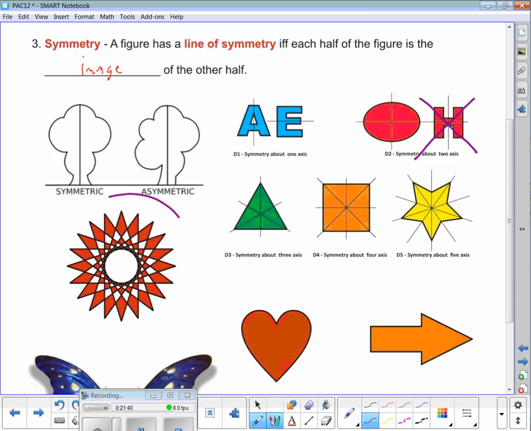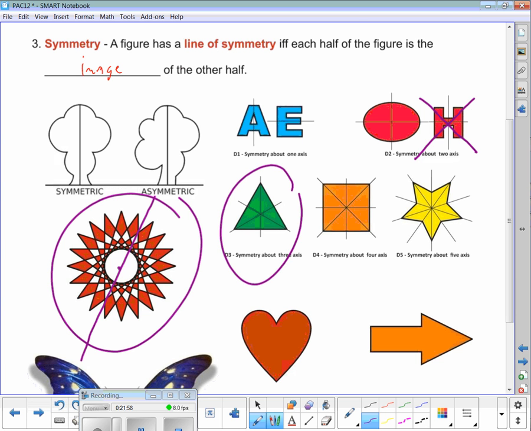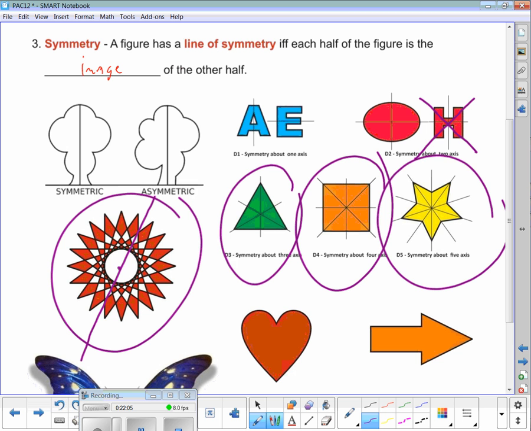How about this shape? Oh, man. As long as you go through the center point, I think you're going to hit a line of symmetry, right? So there's a lot of ways you can go through that. Here, you can see the triangle with numbers of lines of symmetry, the square with numbers of lines of symmetry. Look at the star. You can not only go along the point to a non-point, but you can do that all the way around. And so there's a bunch of lines of symmetry right there. Okay, so